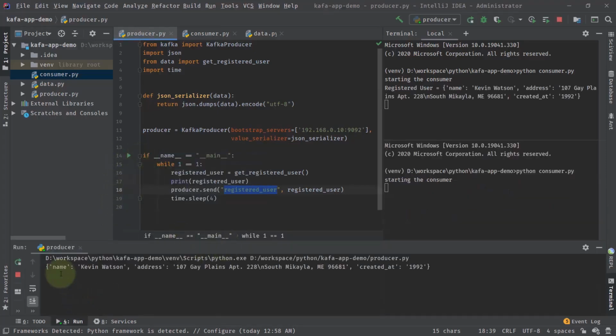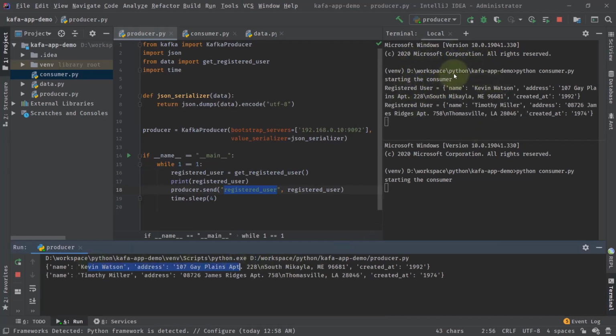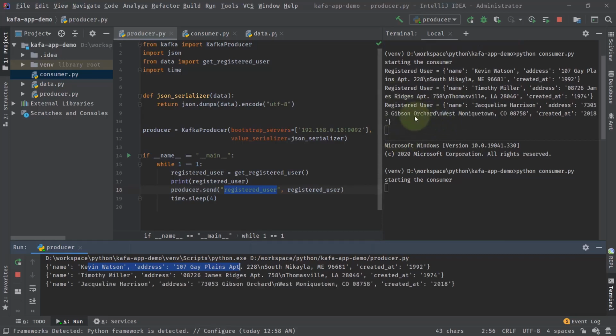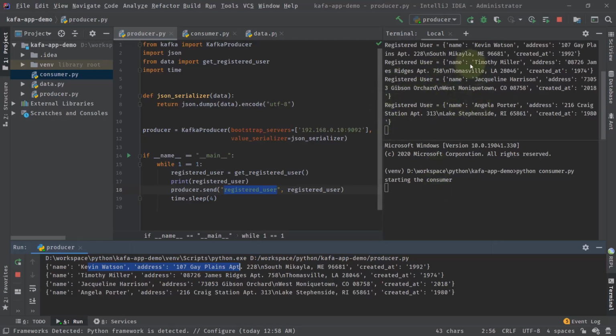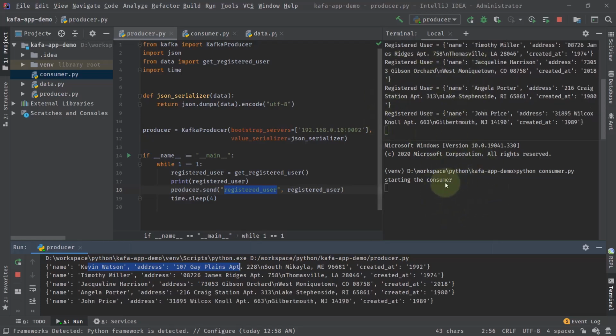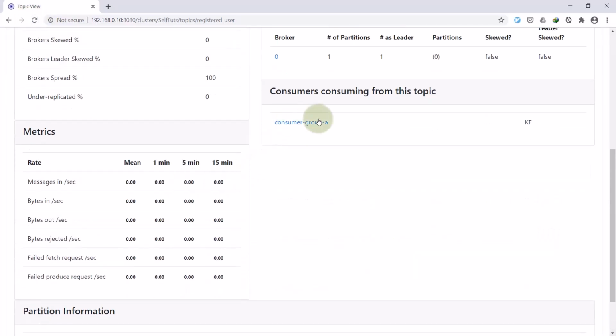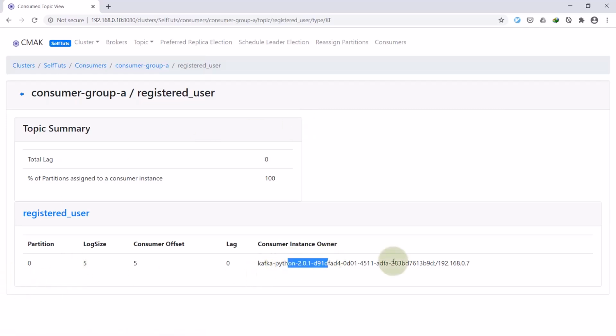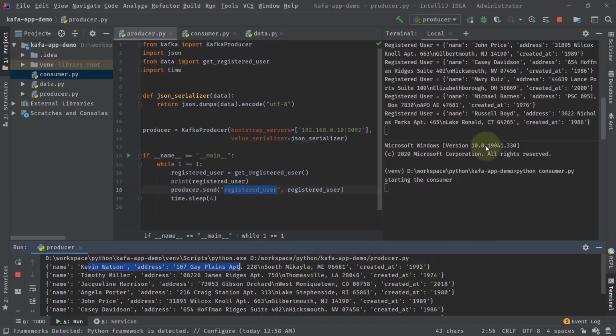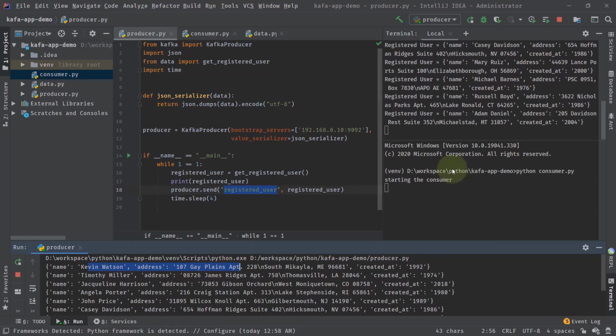So I'll run it, and you can see we have started publishing the messages, and this consumer got registered to that partition. You can see I'm getting the messages here, but I am not getting the messages here. The messages are present here, but they are not coming here, even though the consumer is up. Now I'll reload this, and you can see that I have this consumer group A, and it shows only one consumer instance. Why? Partition 0 is attached to only this consumer instance, and the second consumer instance is there, but it has not been assigned any partition, so it is sitting idle.